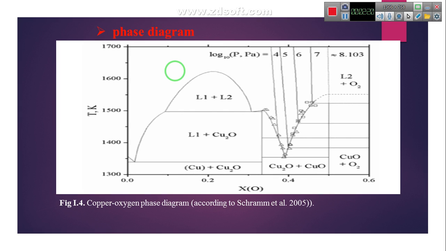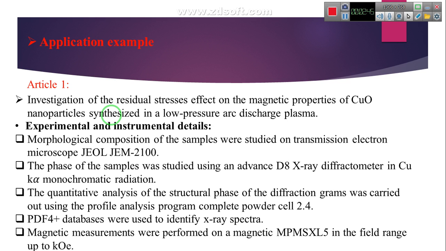These are Cu2O and CuO, which are compounds exhibiting a near zero deviation from stoichiometry, as illustrated in Figure 1.4. Moreover, the solubility of oxygen in copper is almost zero. Application example. For Article 1,